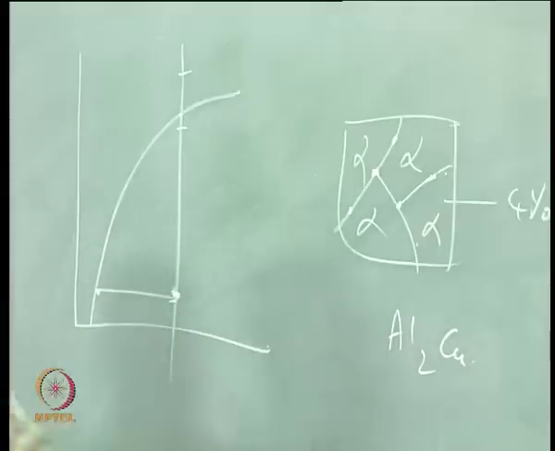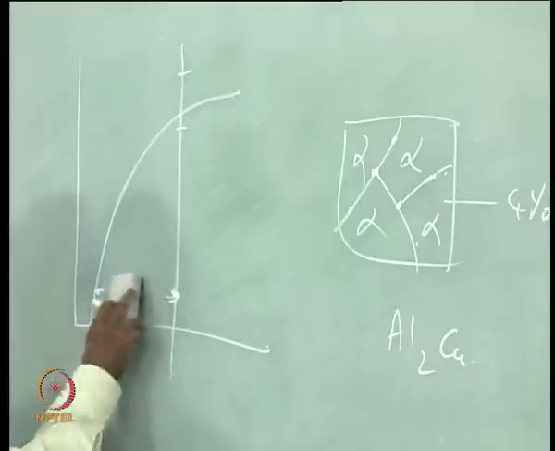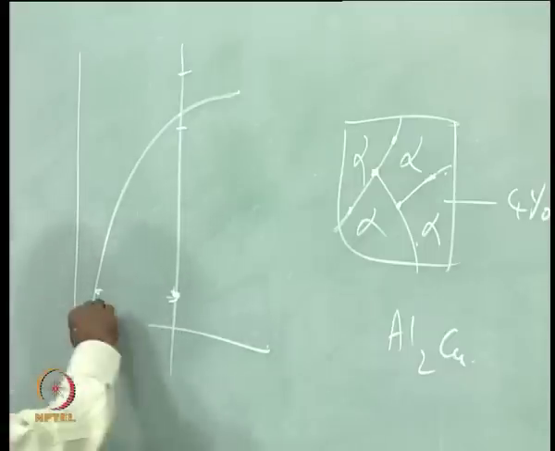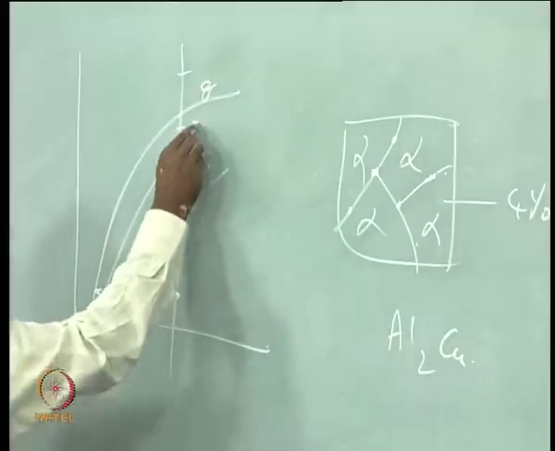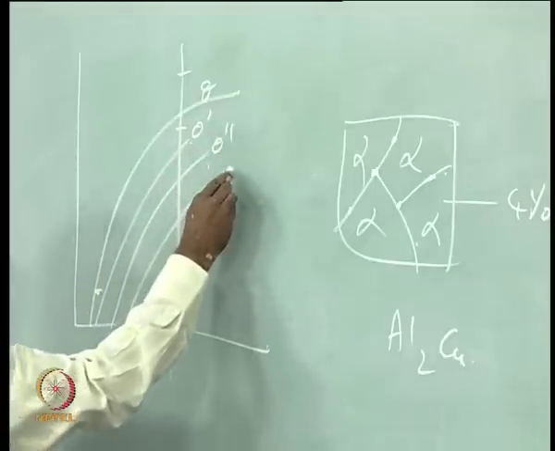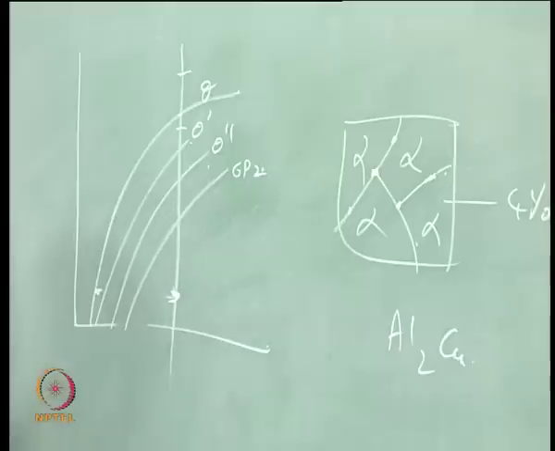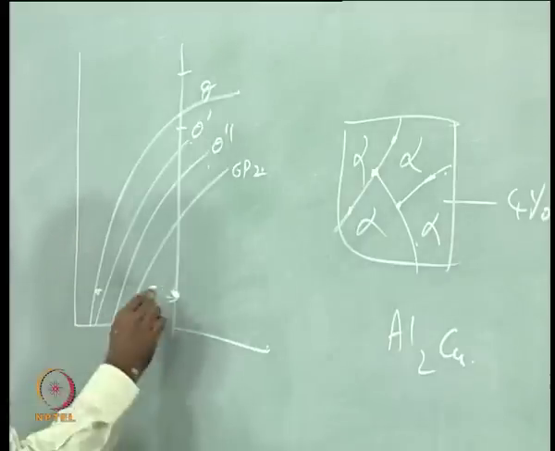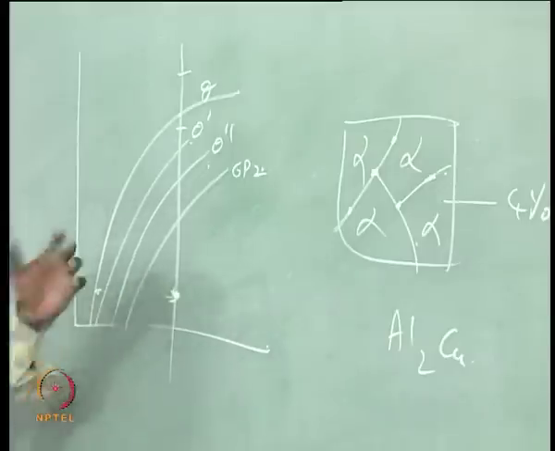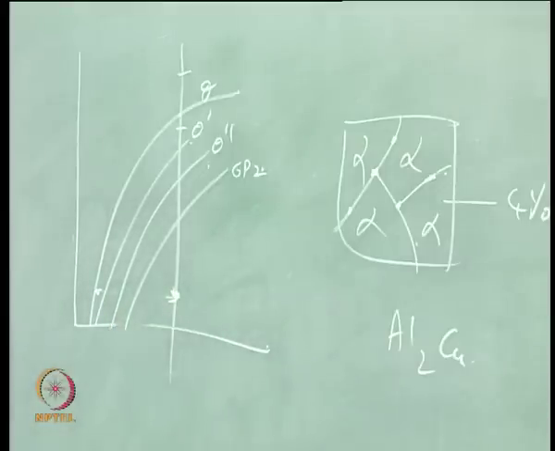to nucleate within the grain, the only phases that can come out are either coherent or semi-coherent, and that too depends on what temperature you are at, as some of you have already written, because now we know the different solvus lines. This is a theta solvus, this is a theta prime solvus, theta double prime solvus, and this is a GP zone solvus, let us say. So, depending on where your alloy is, the temperature coordinate and the composition coordinate, you will have that particular phase with a sufficient driving force for something to nucleate. You also need a driving force.